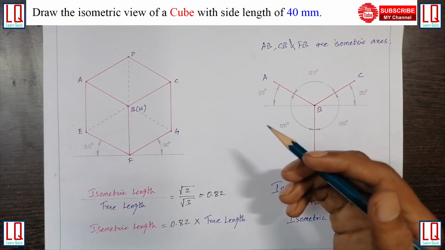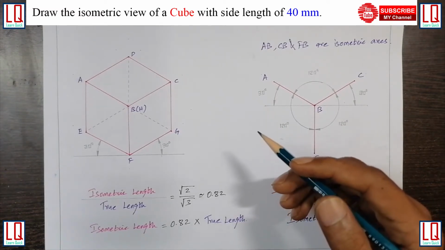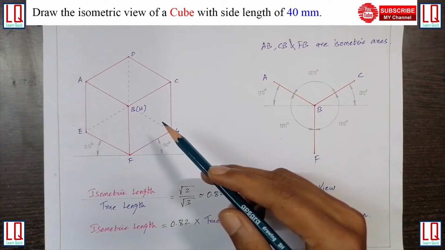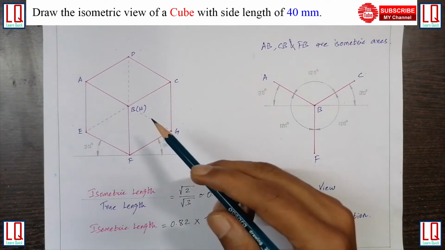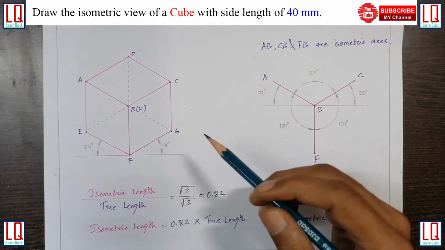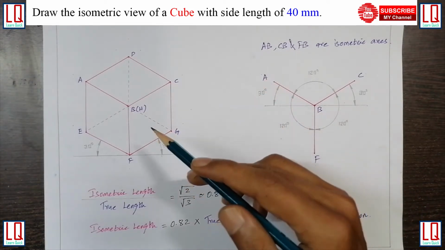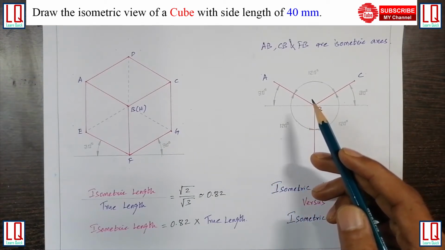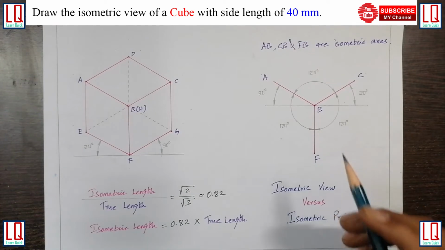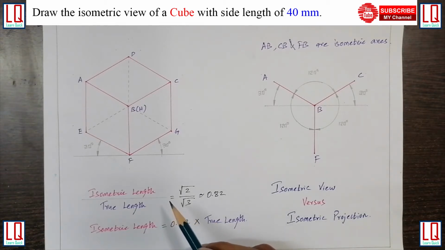I am Sharif here for a video lecture on isometric projection with the help of a cube. In this video, we are going to learn the procedure to draw a cube in isometric projection. This procedure will stand as the basics for upcoming problems in isometric projection where different solids have to be enclosed in a proper fit inside the box. Later, we will also learn the various angles associated with the isometric axis, and we will also learn the difference between the isometric view and isometric projection and the ratio between the isometric length and true length.